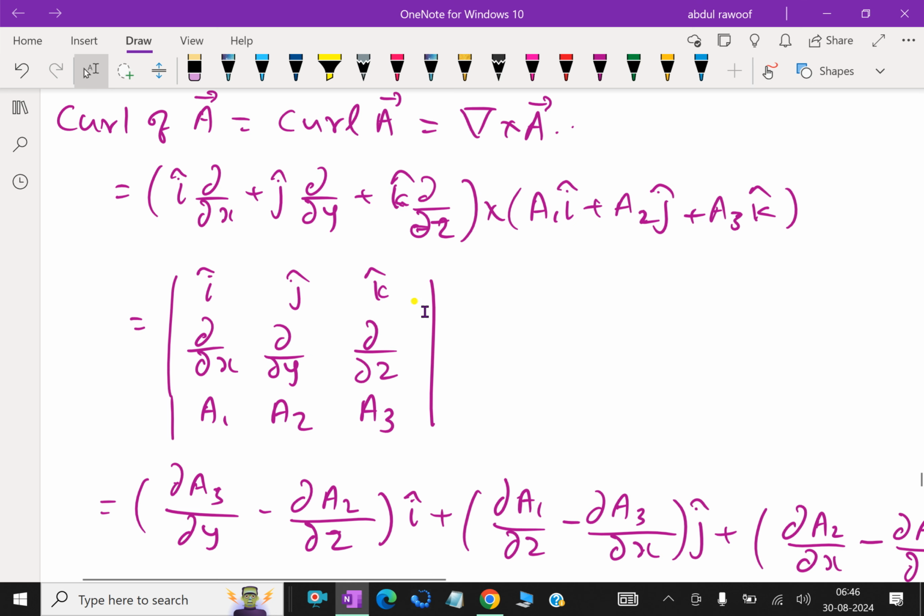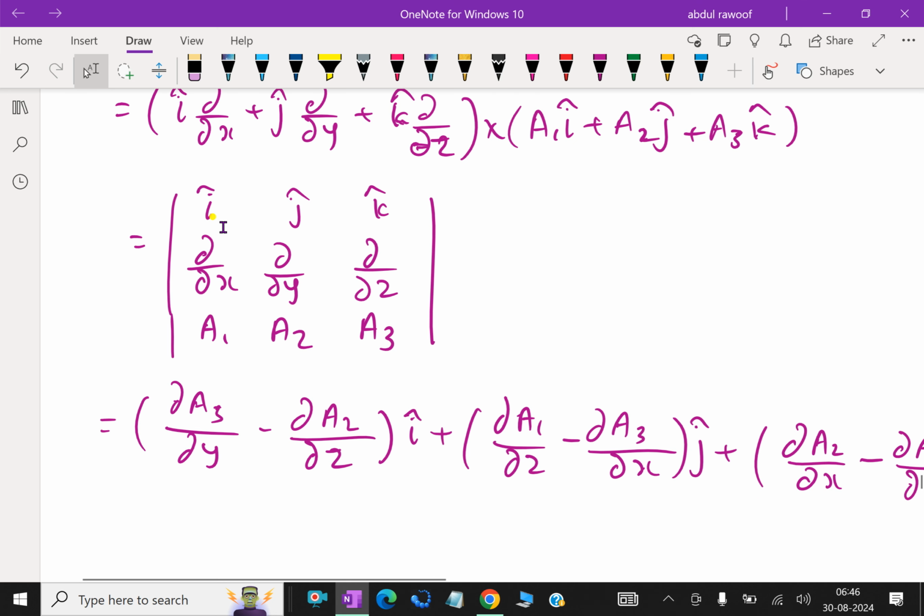You know, this cross product can be written in terms of a determinant. That is, we have to write i, j, k. Then here comes the second row, dou by dou x, dou by dou y, dou by dou z, and the third row comes A1, A2, A3. Then here we know the expansion of the determinant, we can write this i vector is the minor product, that is dou by dou y A3,